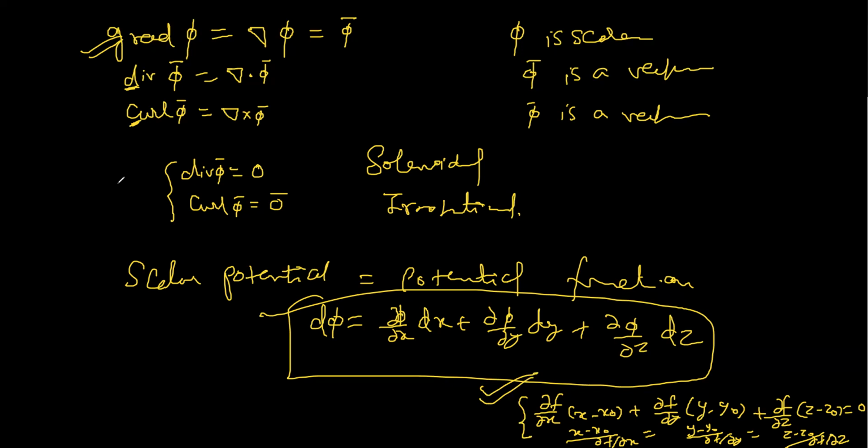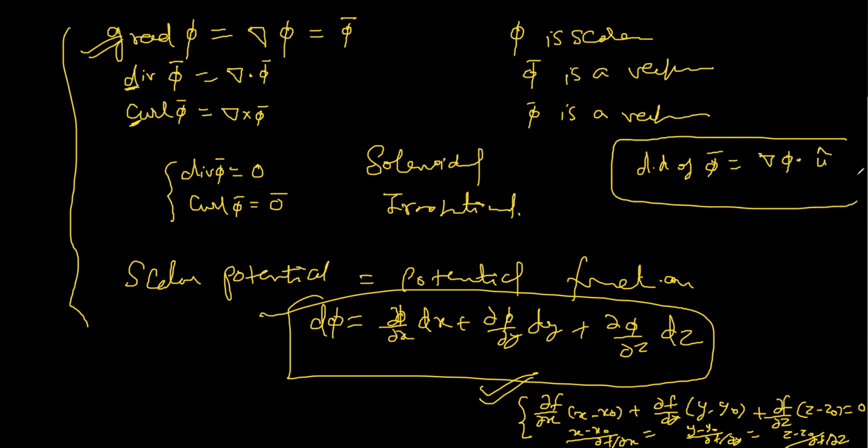One more thing, directional derivative. The directional derivative of phi along vector u is grad phi dot the unit vector. Understood? So these are all about vector differentiation. In the next class, we will start vector integration. In vector integration,